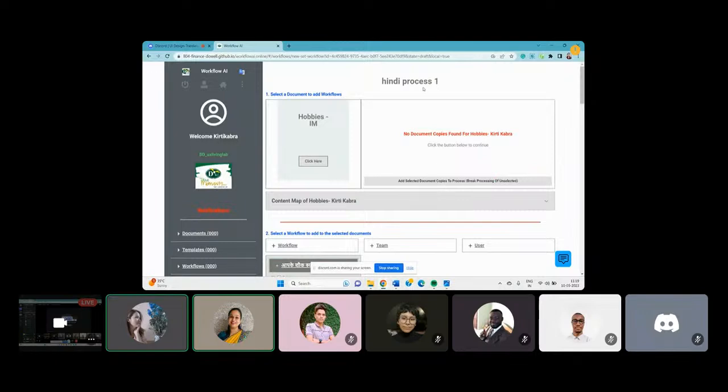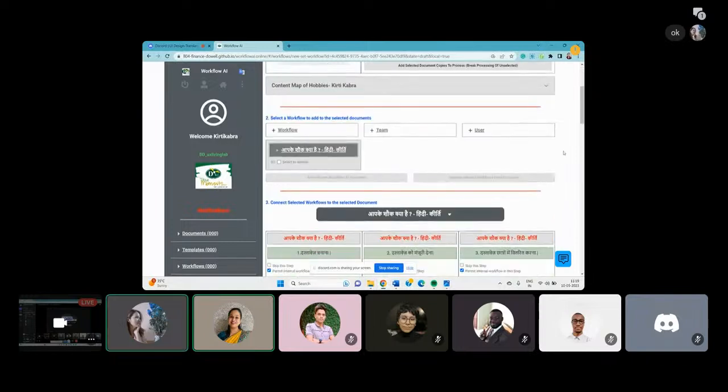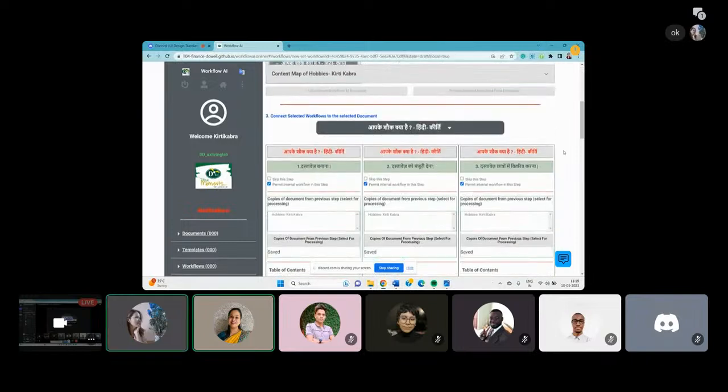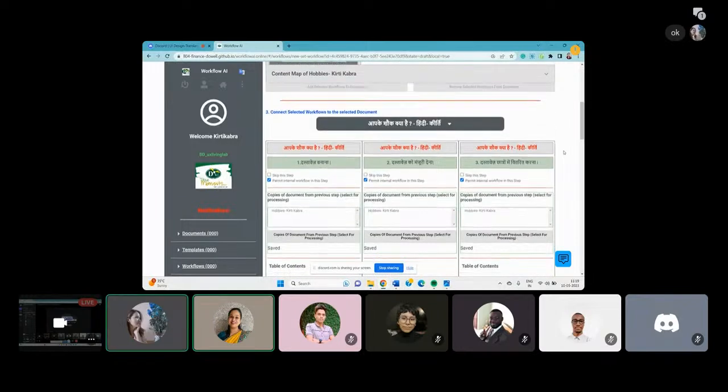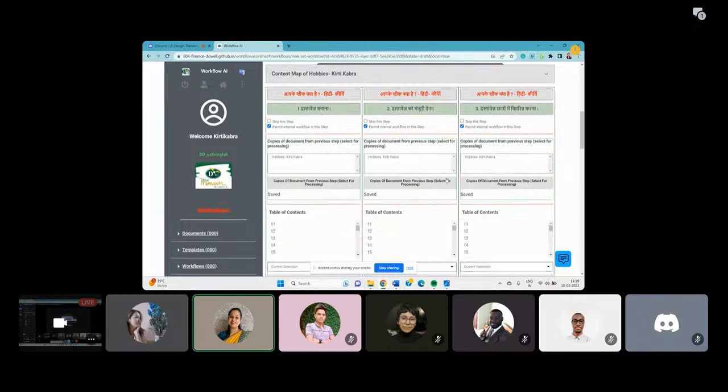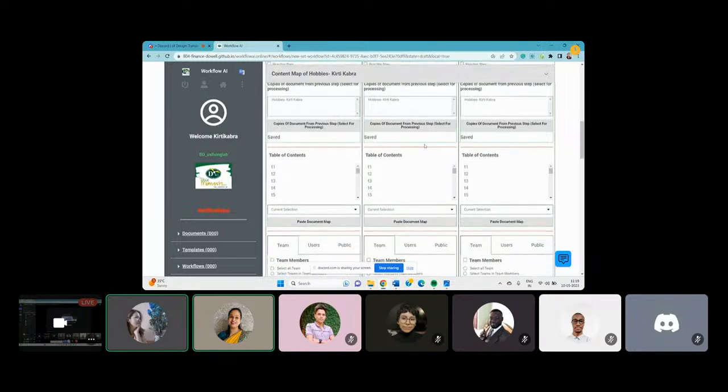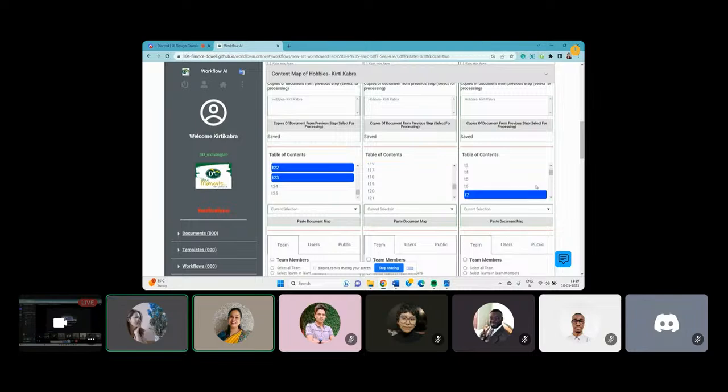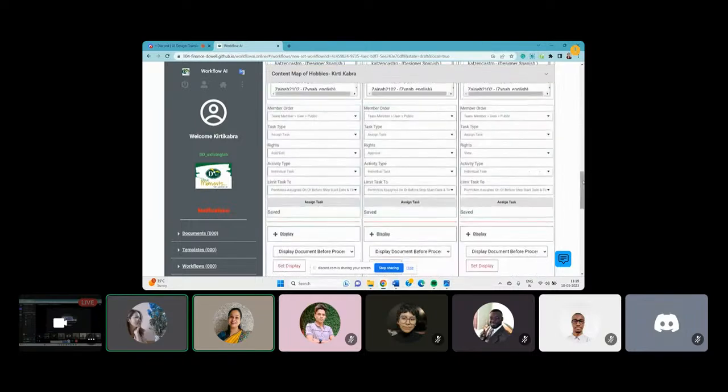Okay, so I created this process today in the morning only, and I was able to do all the editing. And while I was again opening my process, all the things were intact. I was able to see the format, internal workflow, and this step is checked. Also, all the table of content that has been selected is there. And apart from that,